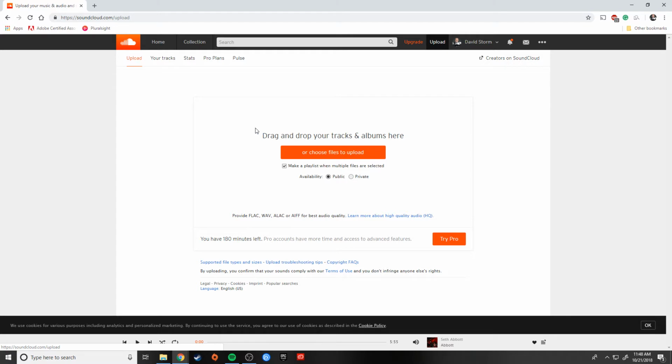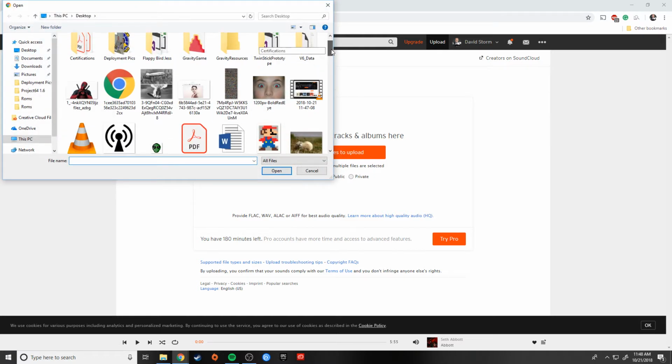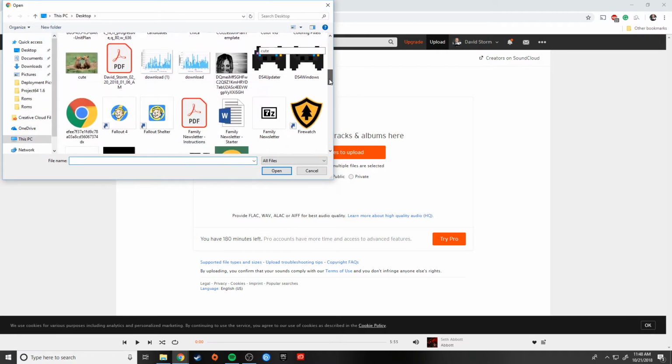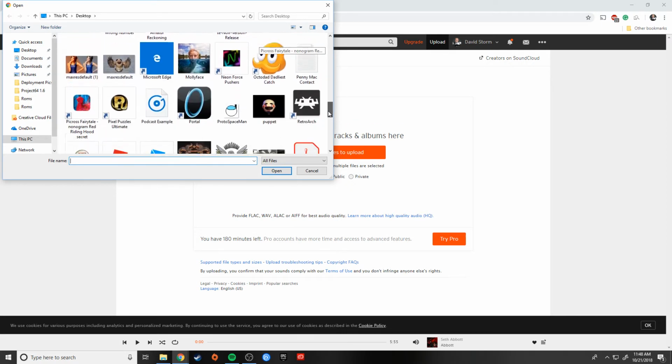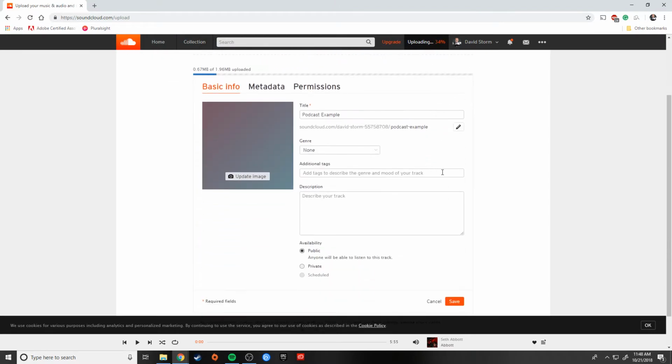And it's going to ask me to drag and drop my tracks or albums here or choose files to upload. So I'm just going to go ahead and click choose files, and I will find my file in here. It's an MP3 file, and it is called podcast example. Click open. Now at this point, it's processing my podcast,